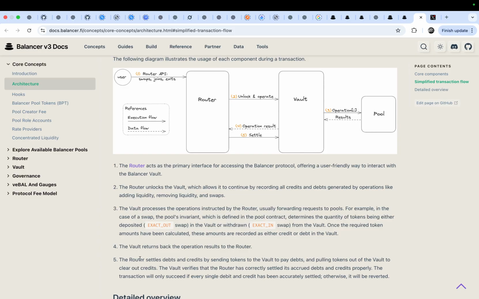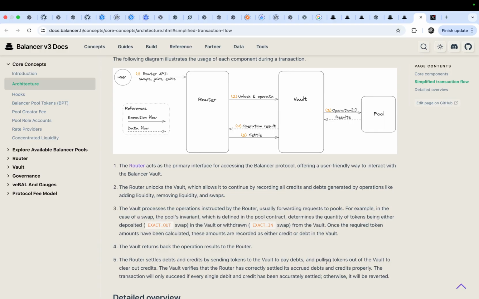So if you want to add some liquidity or want to withdraw your liquidity, you must go via this router to realize your goals.